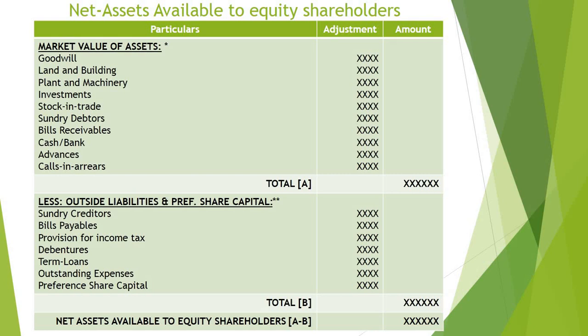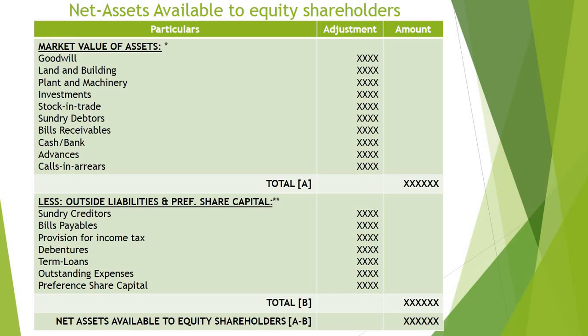You are going to take the market value of all the assets that are given to you. Focus on what I'm saying. Market value. You are only going to look at book values when the market values are not given. And there is an asterisk that I have mentioned, so we are going to look in the next slide why that asterisk is mentioned.